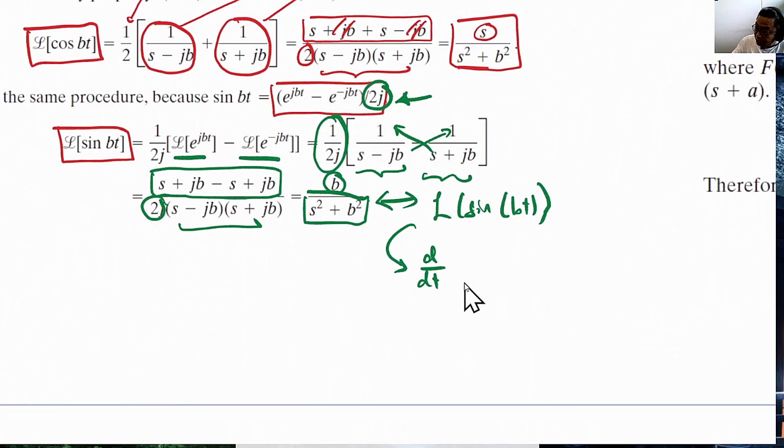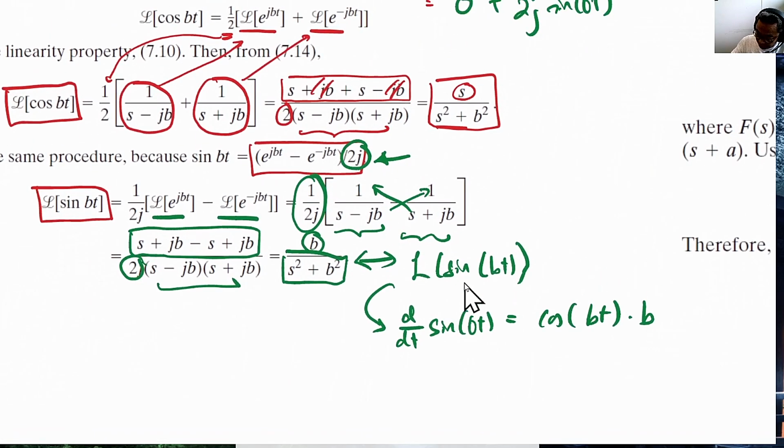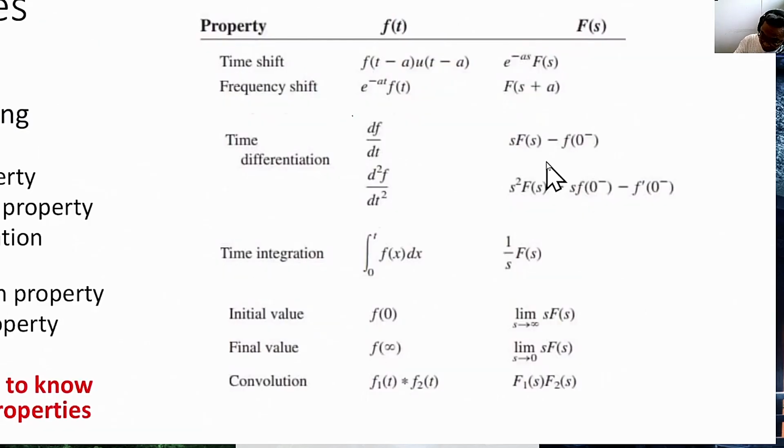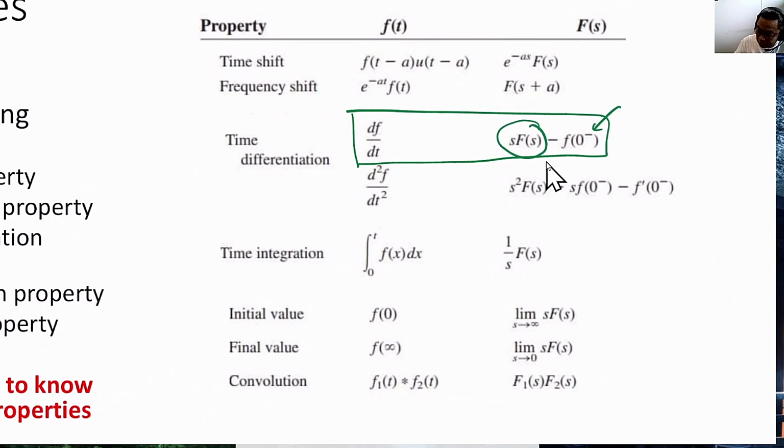Now the differentiation of sine bt equals cosine bt times b. If we now want to use the property of differentiation to get the Laplace transform of cosine bt, what we need to do is apply this expression over here. Let us assume that we have 0 initial condition, so simply we are multiplying